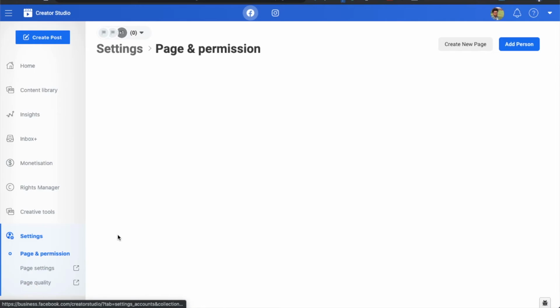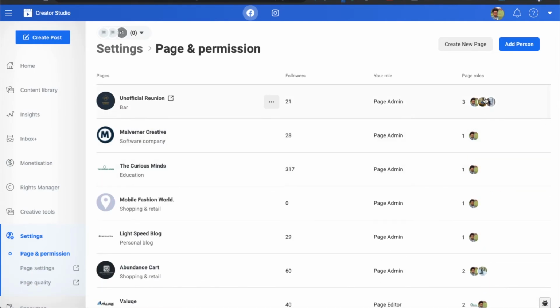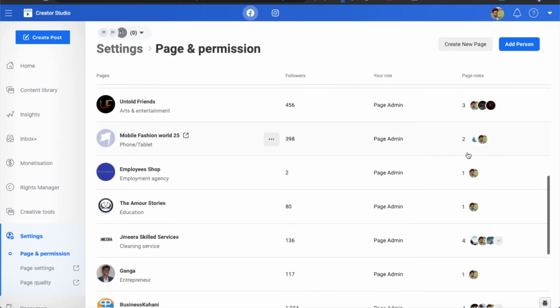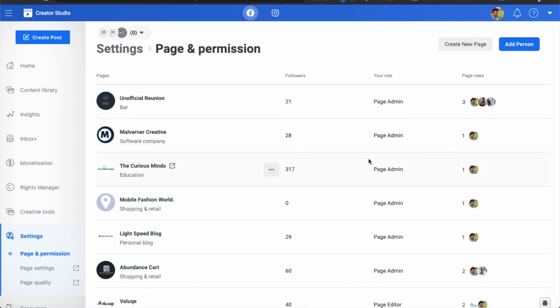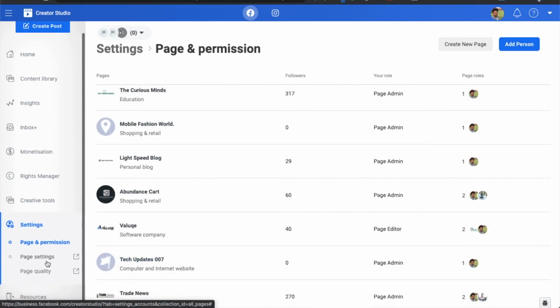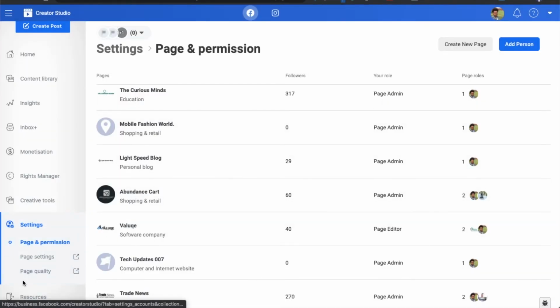Now from here you can change the page settings, like change the page admin, followers, and all those things. You can add a person to any particular page. And there is an option called page settings and page quality, which will redirect to your Facebook page, so you can do that also.